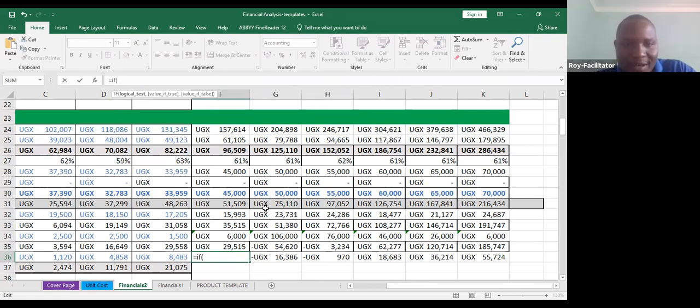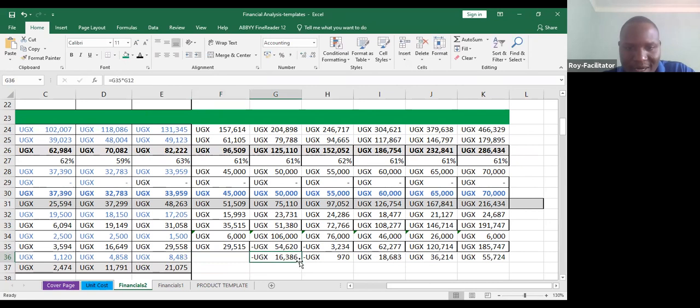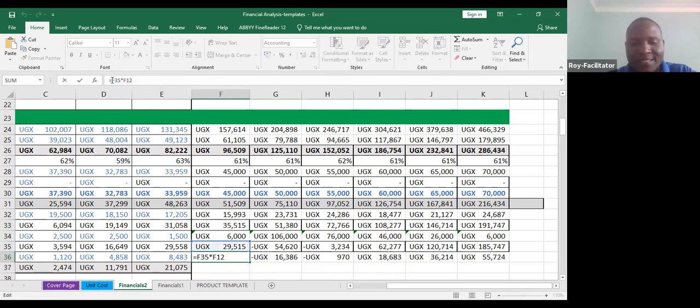So if the corporate tax, let me first get the formula again. Let me go back and get the formula so that you see that where it is zero, it should not calculate. Okay. So I'll now put in brackets, if